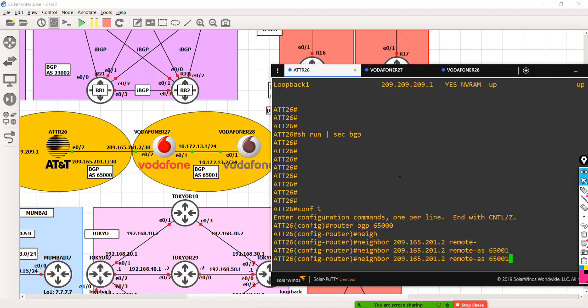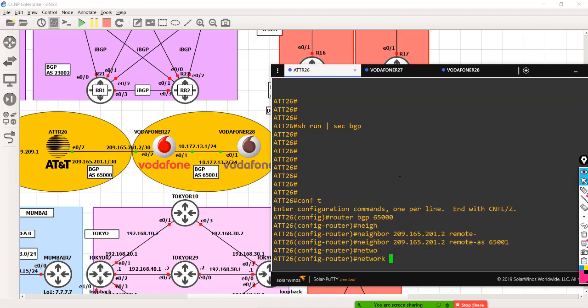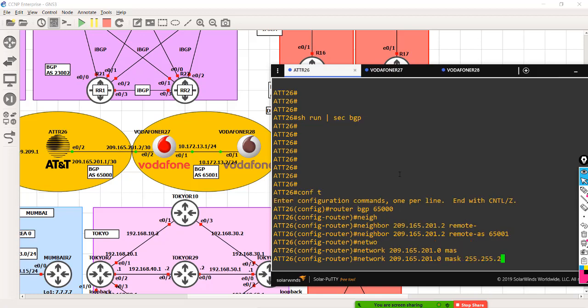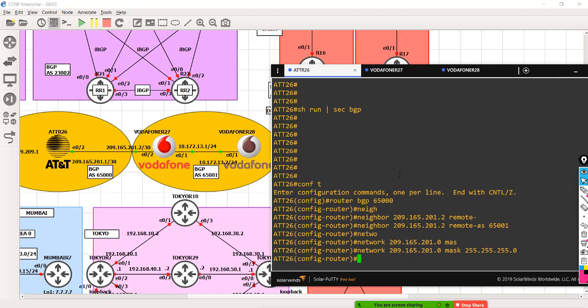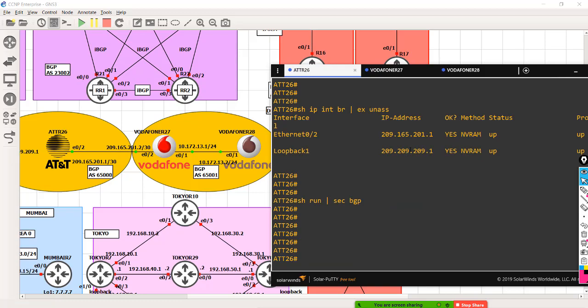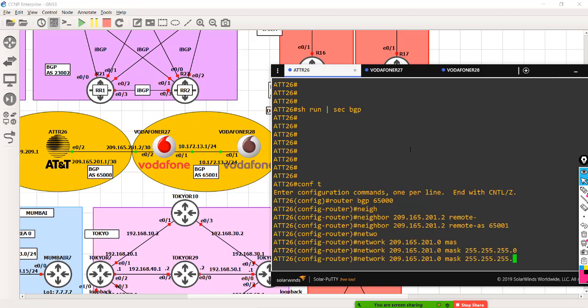Let's define the network statement. What am I advertising? I'm advertising 209.165.201.0 with a mask of 255.255.255.0. Do I have a loopback? Yes, I have a loopback. So let's advertise the loopback as well.